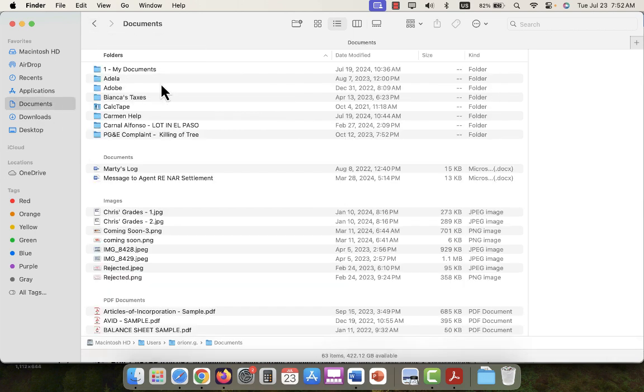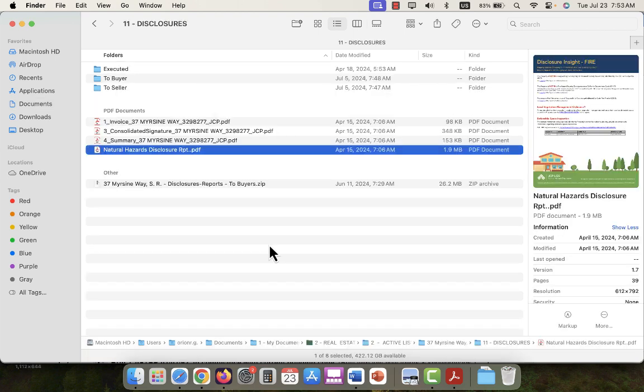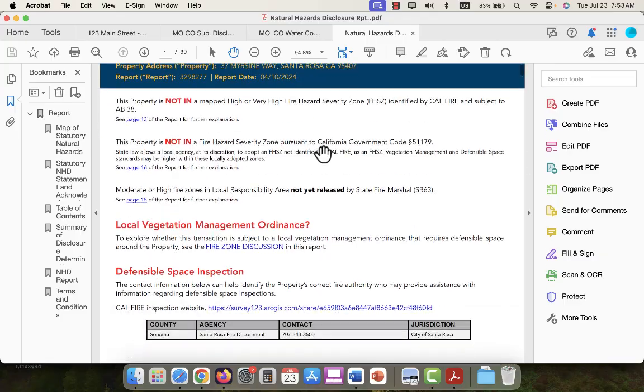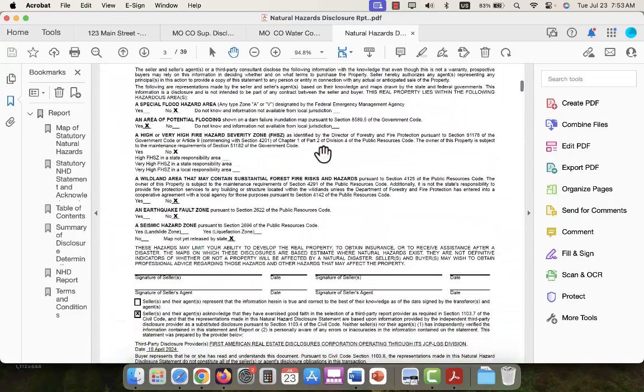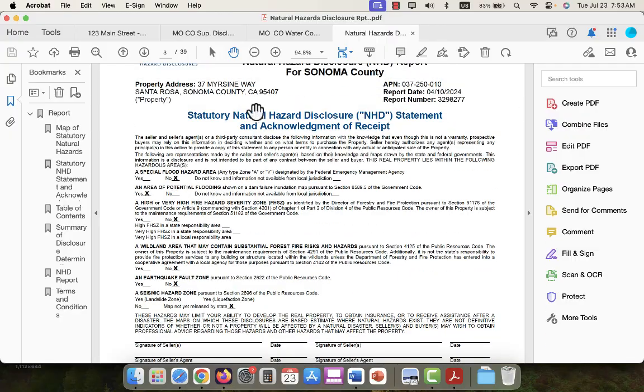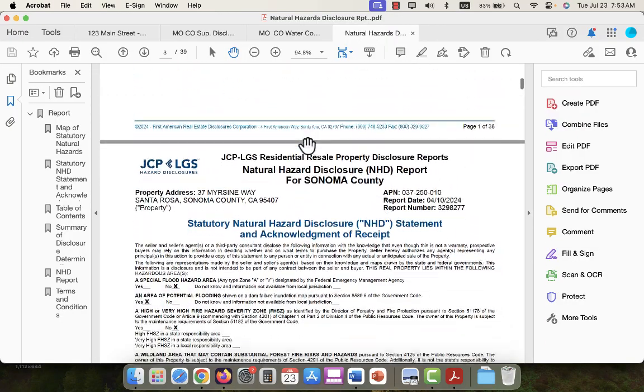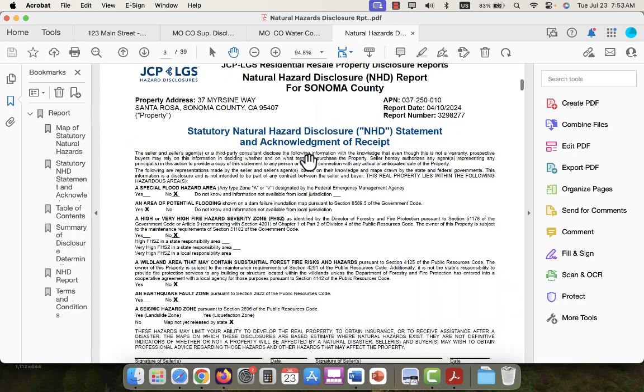So I'll go ahead and find one of the reports that I completed on another property. So here I have the natural hazard disclosure report on one of my listings, and this one is in Santa Rosa. So this is what you'll see, and what you have to populate here. These are the main things that you have to look for if you're the buyer's agent. If you receive one of these, these are the things that you look for: